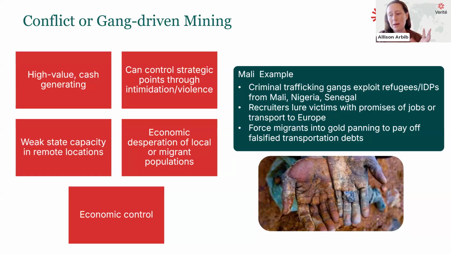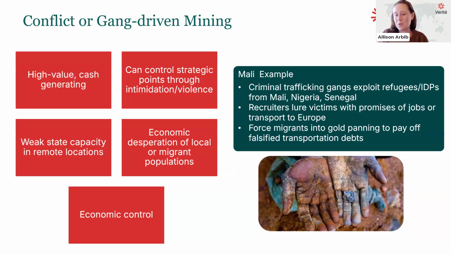Many of the mine sites, as we've talked about, are outside areas of government control. So these armed groups can establish control and they can take over. And then with that control of the extraction point, it allows them to essentially tax or extort money from all of the players in that supply chain.